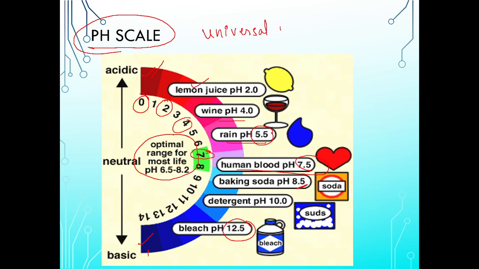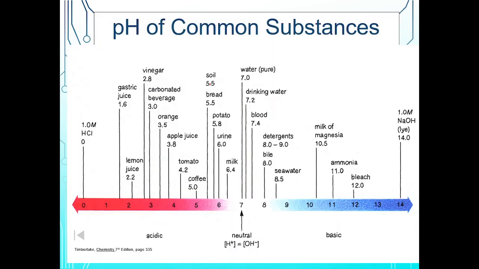And for this pH scale we use universal indicator. We have seen what a universal indicator is. It is a mixture of different indicators so that acids and bases could give different colors showing the strength of the acid or base. Is this clear? So this is known as the pH scale. Clear?